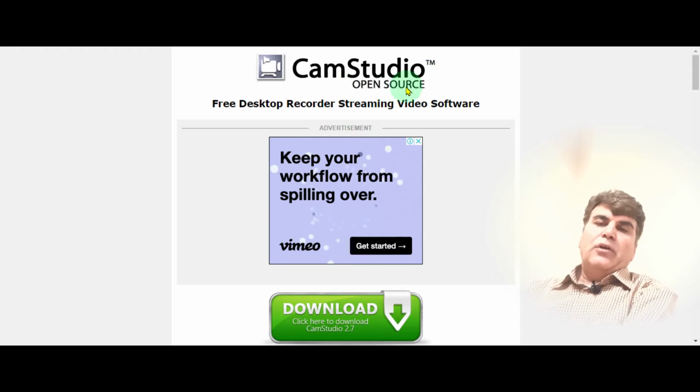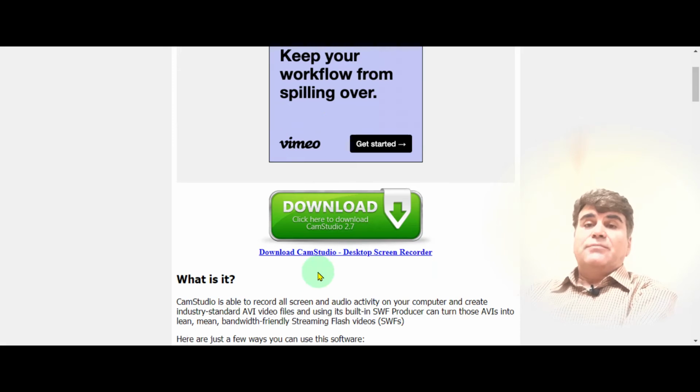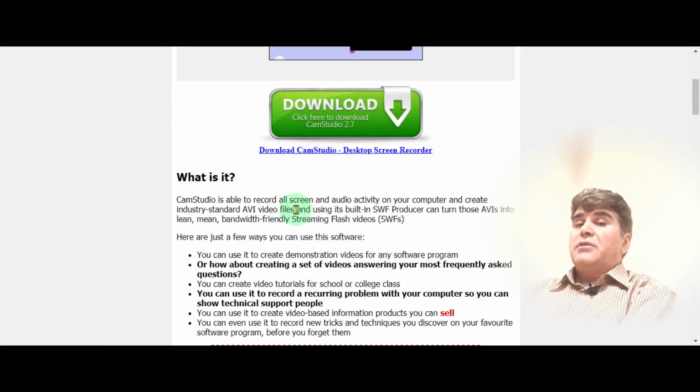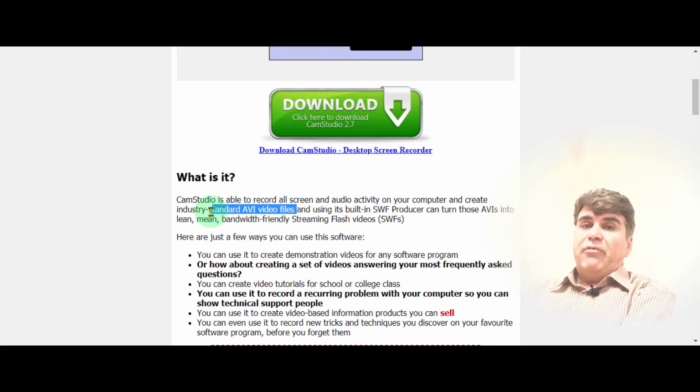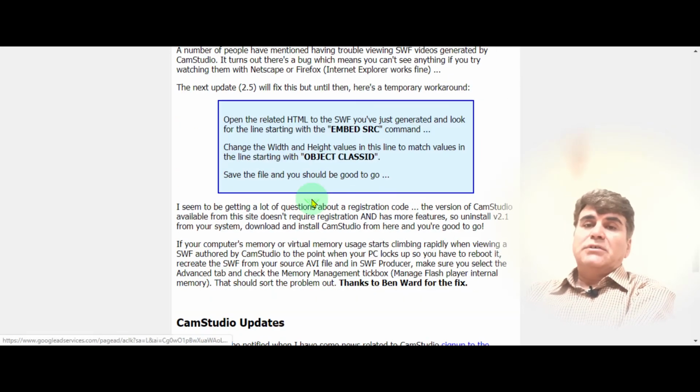Click on the download link and then install the downloaded software, and you are now ready for recording the screen of your computer. Just to remind you, Cam Studio records in AVI format, which as mentioned, you can see in the highlighted text. You may go through the rest of the instructions, but I will take you to the recording